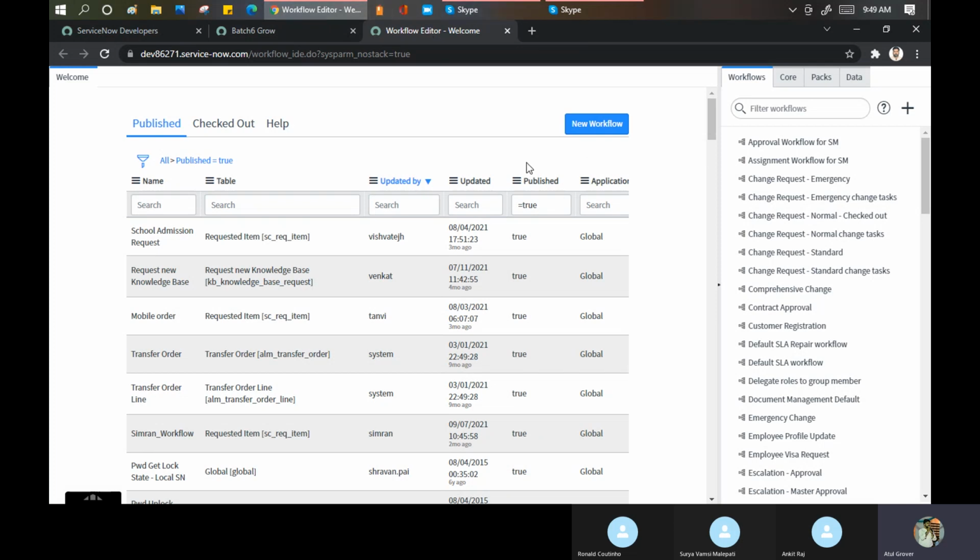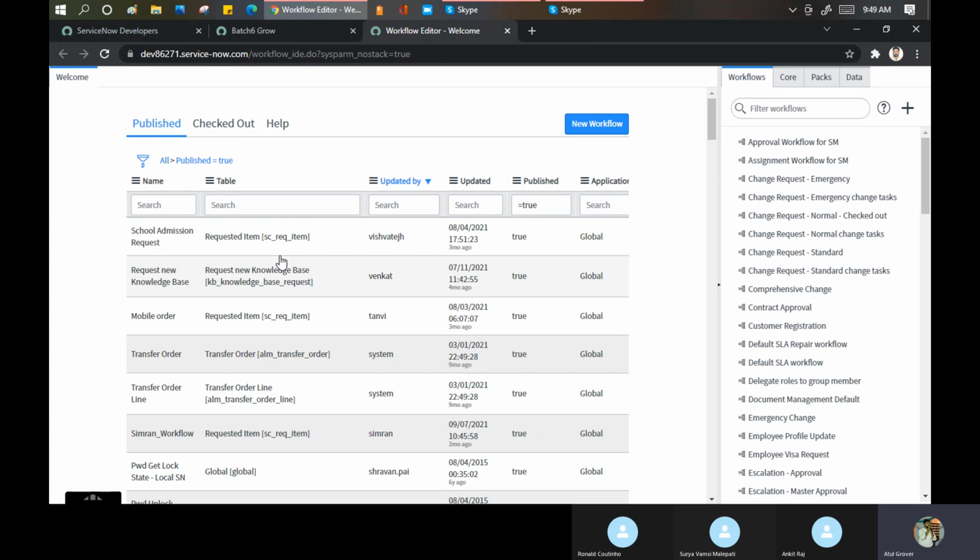Now on this page, you are able to see a lot of things: Welcome, Published, Checked out, Help, New workflow, and here we have a list of the workflows. Another important point: you will see all the workflows which are in the published state.